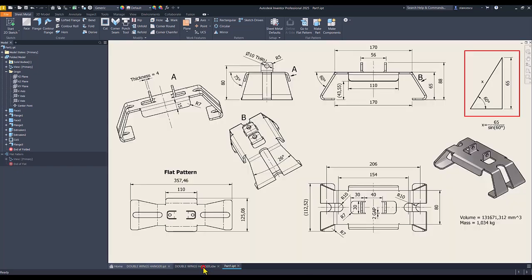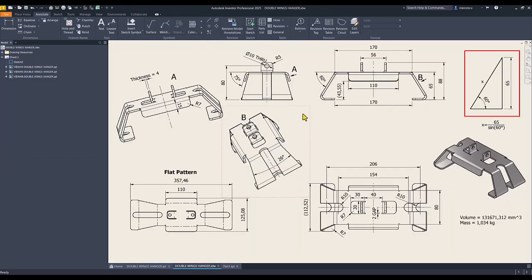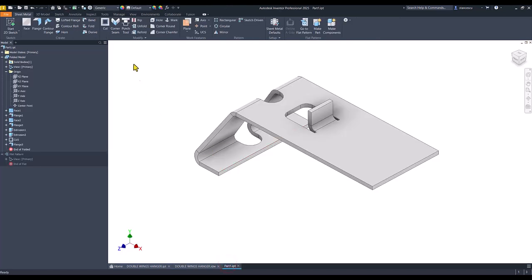But what is the dimension? Excuse me. The dimension is 80 for that hole. Corner round of 5, select corners, edges,